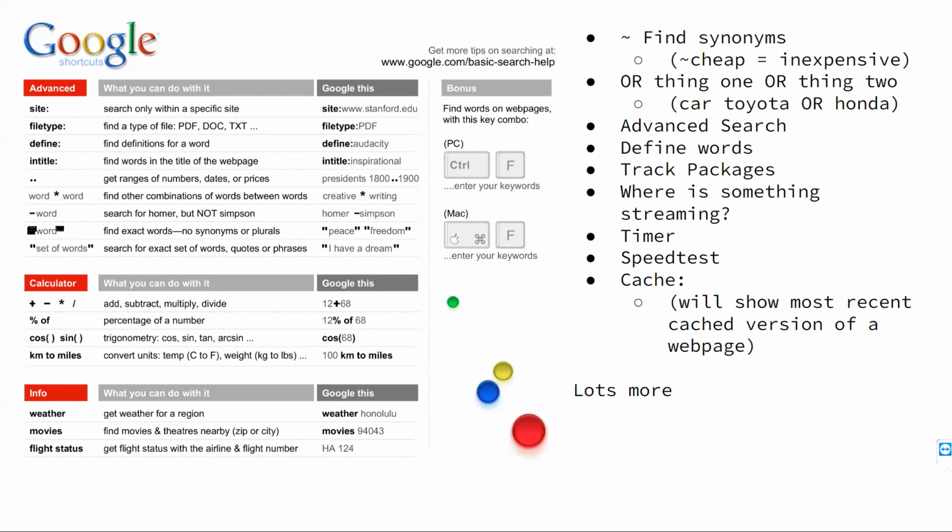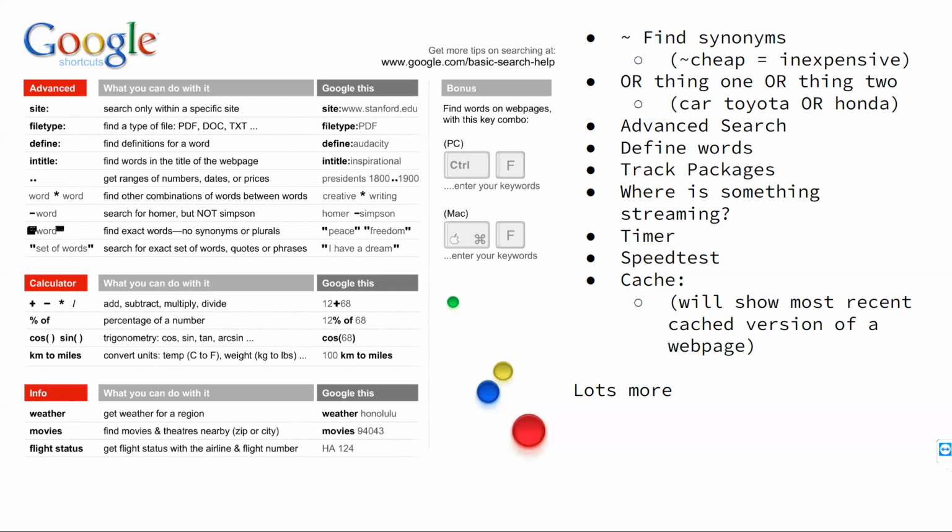It would take the word that you put the tilde in front of, and it will add all the synonyms of that word to the search result. So this is a good way to kind of expand the search if there are multiple words that can mean the same thing, like a synonym, so you don't have to kind of go through all the results, adding in those different words to see what pops up.